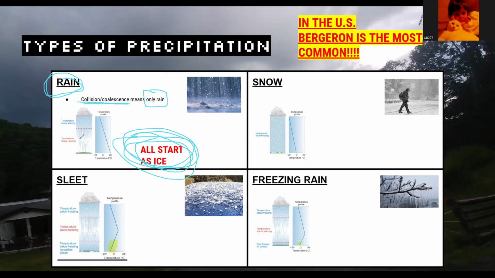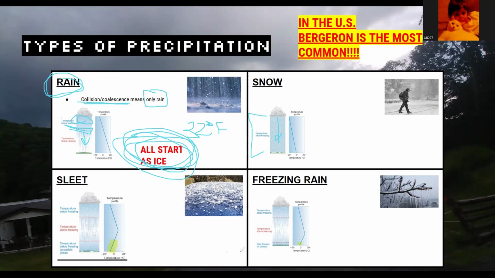And as you can see here, we started out as ice, but then we get to a certain point, that's the point 32 degrees Fahrenheit, at which it's too warm and it turns into rain. That happens all the time. So when you get a rainstorm in the summer, or even a thunderstorm, it starts out as ice. So that's important. Then snow, that's pretty basic. Look all the way through, we're staying frozen, okay? Temperatures below 32 all the way, cloud to the surface.